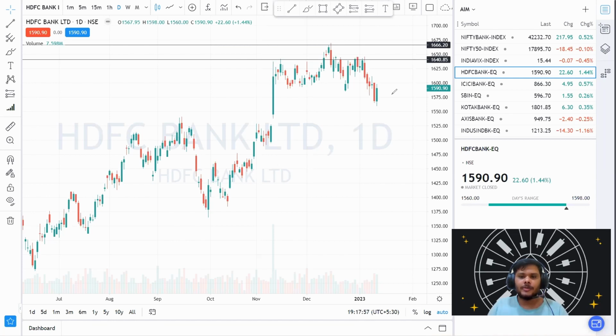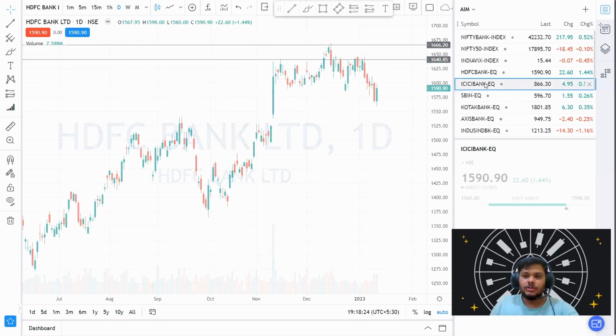Right now it trades around 1590, and the 1600 or 1590 level may act as a resistance level. So my suggestion would be, if it opens gap up around the 1600 level and shows negative movement there, then you can also take a trade for selling. And if it opens flat and tries to close below the 1590 level, then you can also take a trade for selling. For taking any kind of buying trade, it needs to close strongly above the 1600 level with large volume. Then after that we can take a trade for buying here.